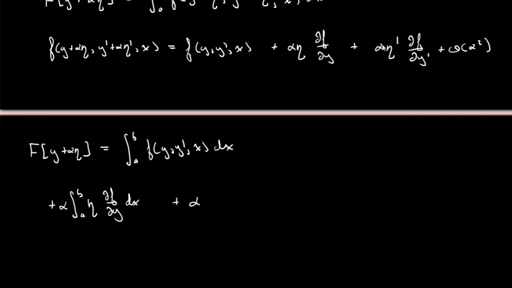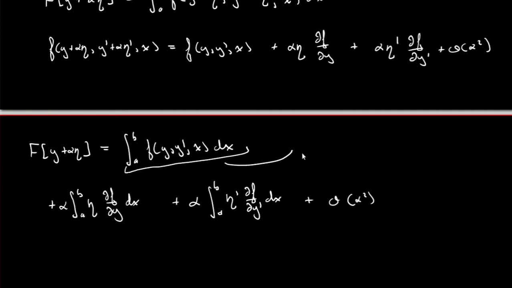and another term, that's alpha, again that can come out of the integral sign, integral from a to b. And as far as we know, eta prime still depends on x, so we must include that under the integral sign in the most general case. And we write partial derivative of f with respect to y prime, and we integrate that with respect to x. And of course, we must still keep our terms of order alpha squared and higher. Now, we recognize this, right? This is just our functional evaluated at y. So this here